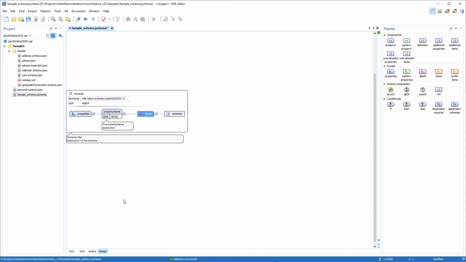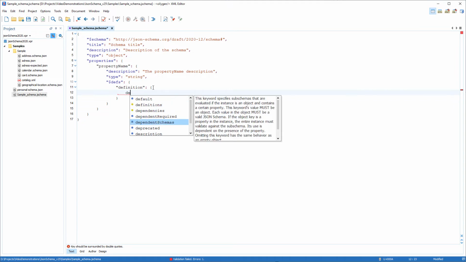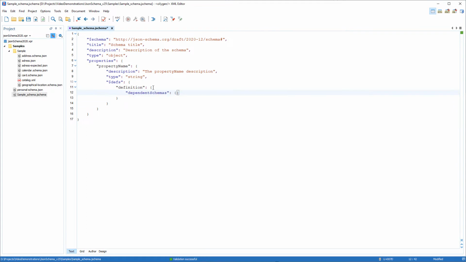Of course, you can also edit the new schemas in text mode, and the content completion proposals are based upon the schema version. And the proposals include documentation and links to the specification. Validation is also based upon the schema version.